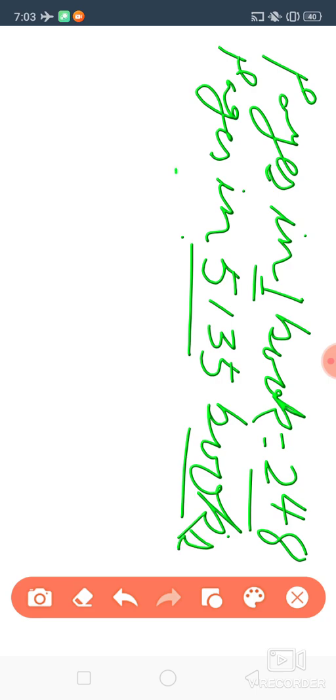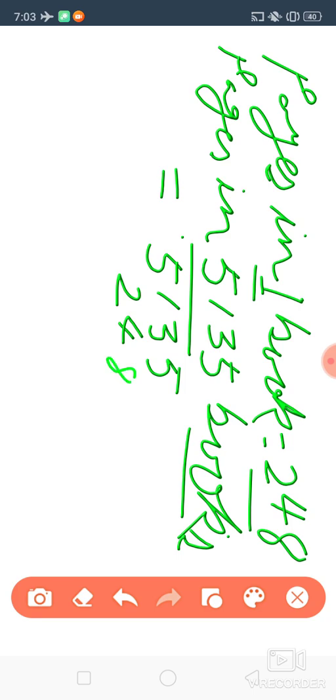what do we have to do? We will multiply 5135 and will multiply 248. Just you multiply it now. So multiplication, all of you know. So 8 5s how much will we get? 40. 4 will be carried. Then 8 3s 24 and 4 28. 2 will be carried. 8 1s 8 and 2 10.